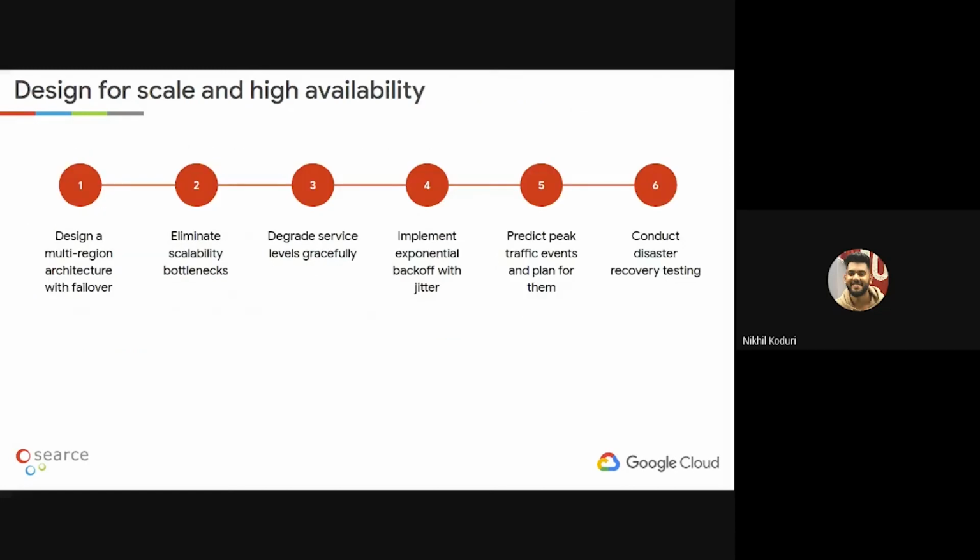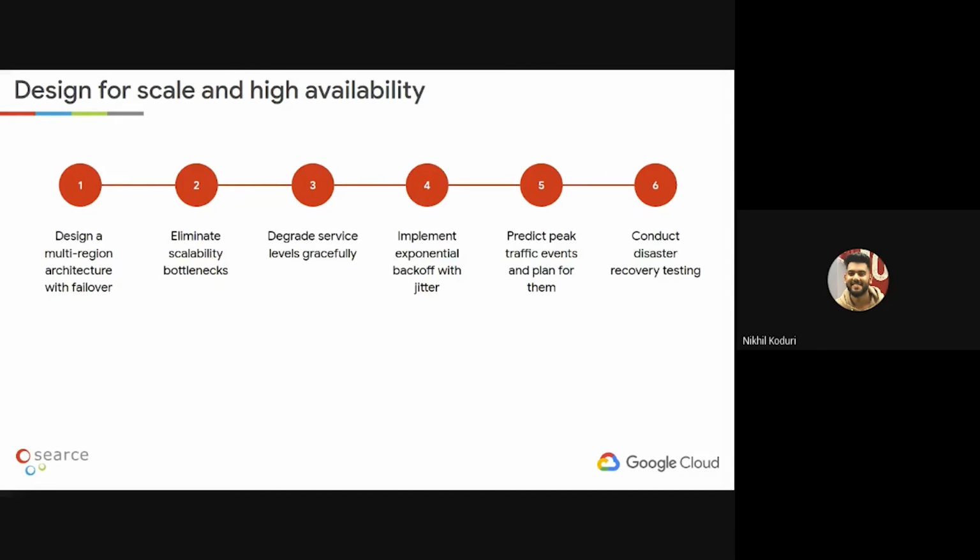Next, we have to consider designing our application to be highly scalable and highly available, right? You have to design an application that is multi-region with failover, so the databases, your application availability, as well as every kind of deployment that you use needs to have a multi-regional approach with failover.